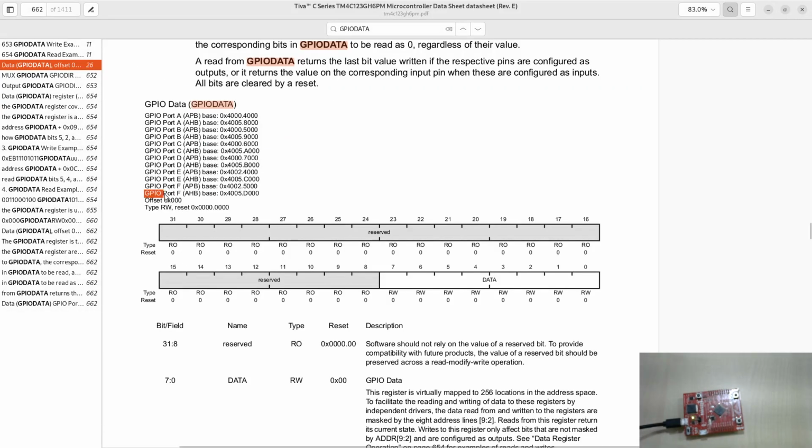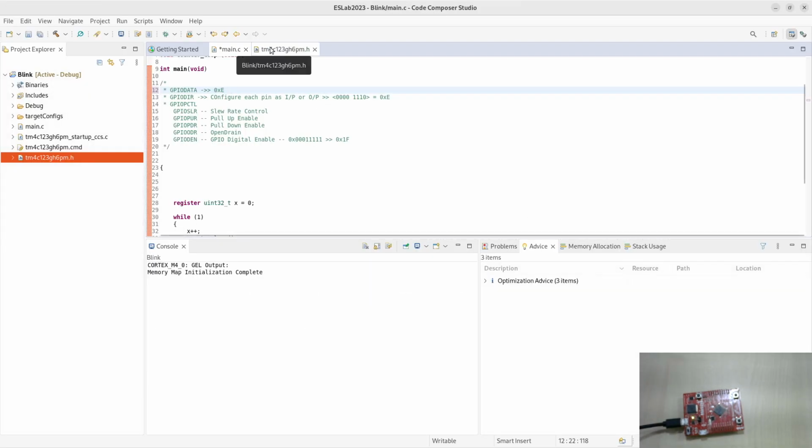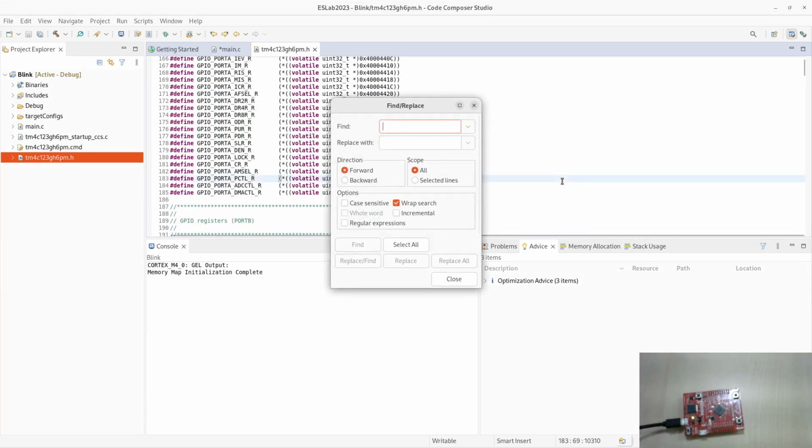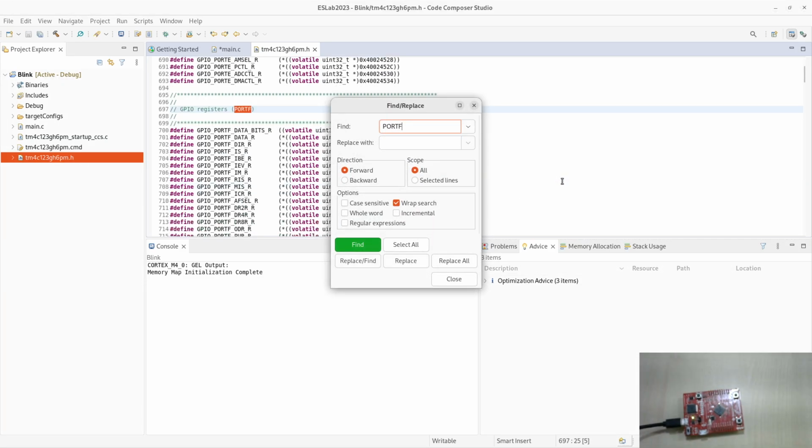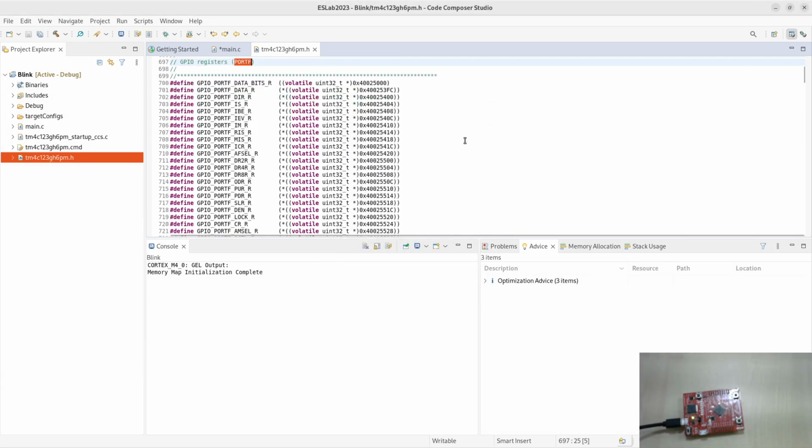So we are interested in this port F. So let's go and see the GPIO registers for port F. Let's go and see where is our data register. So you can see that this data register is defined as having an address 4002 5